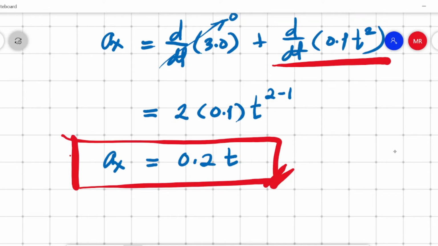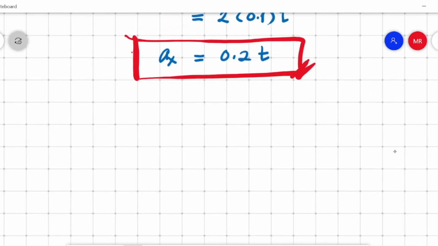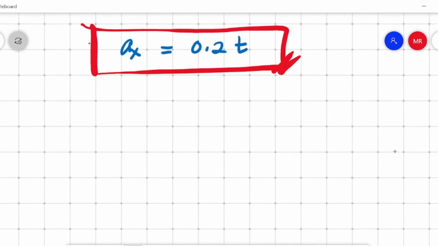Remember that our function is with respect to time. So we will limit our function with respect to the time interval, the lower limit and the upper limit time interval, which is 10 and 20 seconds. So if we will be using definite integral on this acceleration function, again we all know that acceleration